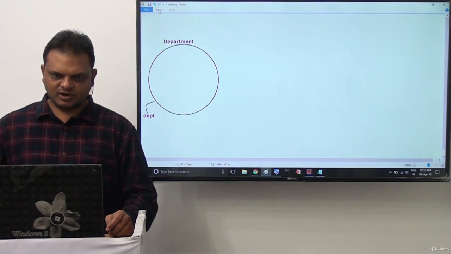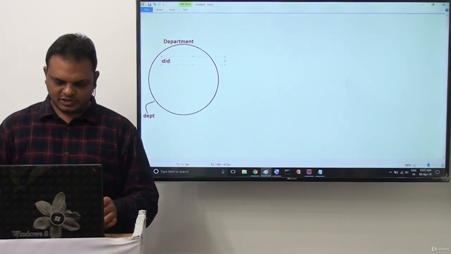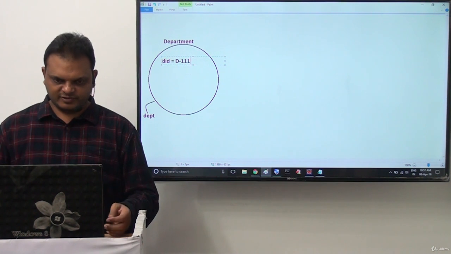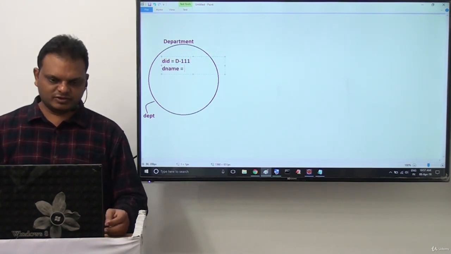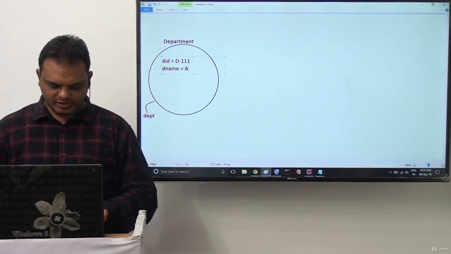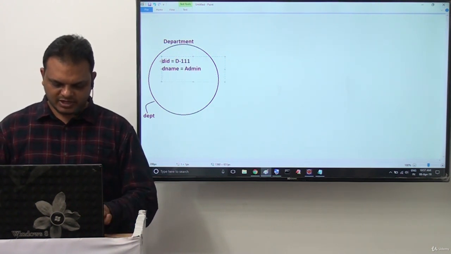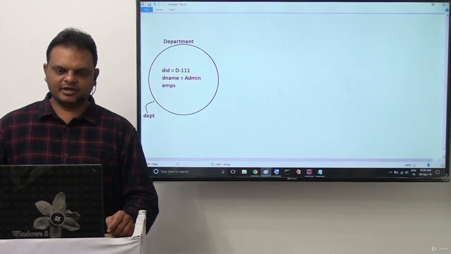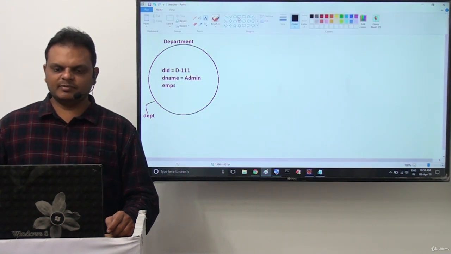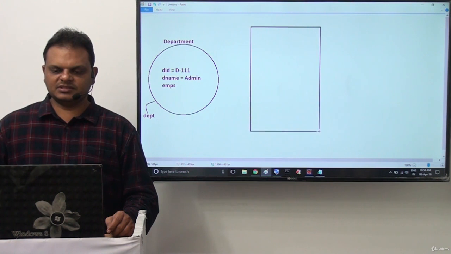Inside it we provide the department ID equal to D-111, and the department name, like Admin. Next is EMPS. EMPS represents the employee array. So this is the employee array. Now let me take this employee array here. Exactly, this is the employee array.